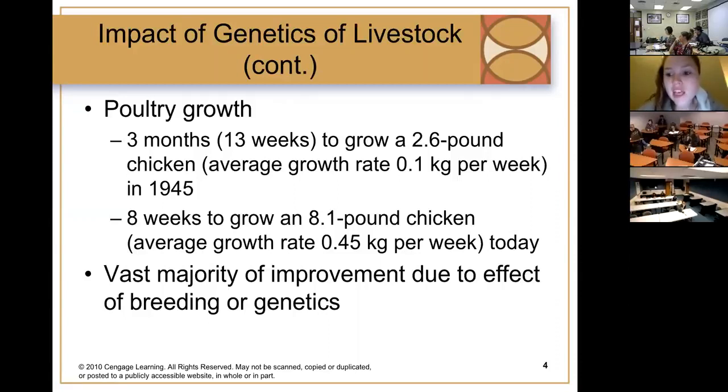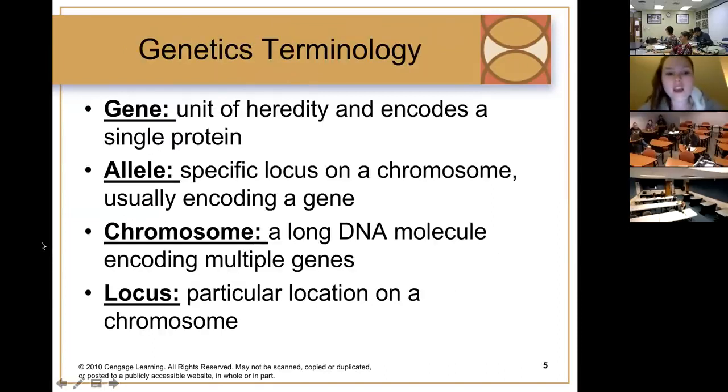kilograms per week. That is a huge improvement in poultry, and there have also been many improvements in other species, but that's just an example to show you how genetics can really impact livestock. The vast majority of this improvement is due to the effect of breeding or genetics. So very important. Just to get you familiar with some of the terminology before we jump in